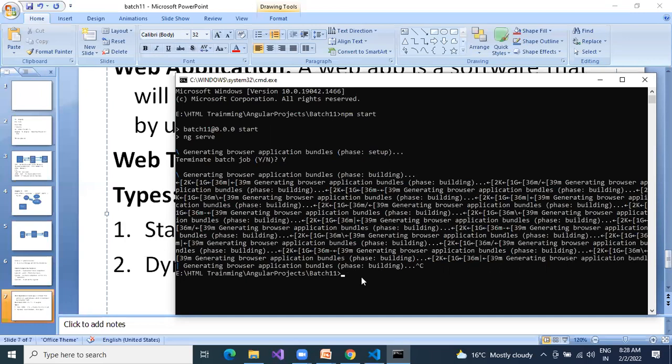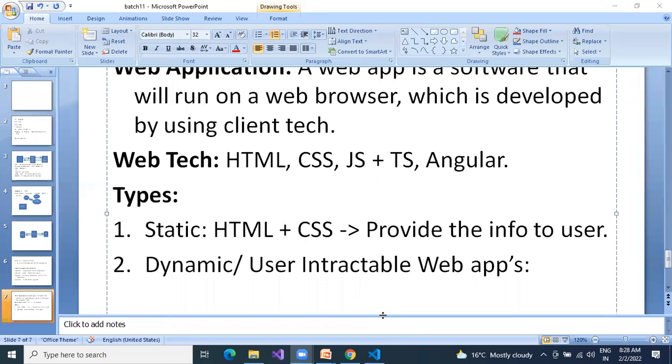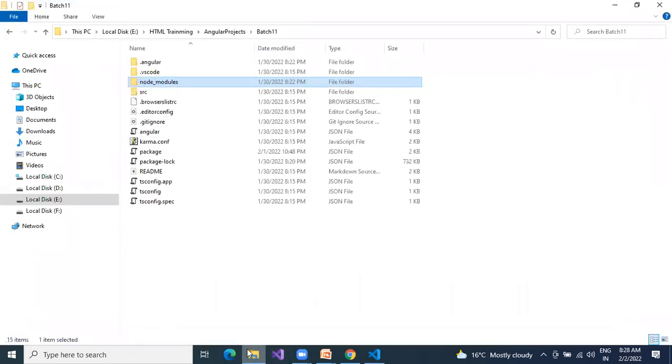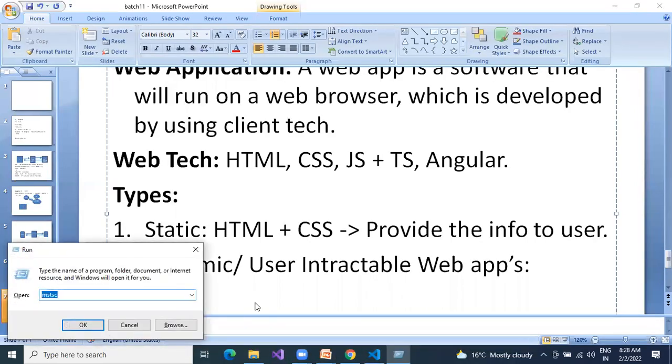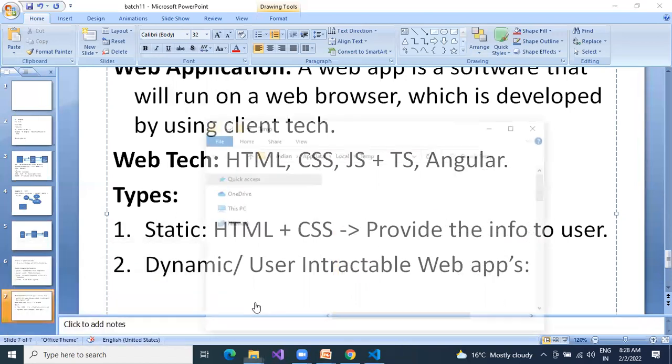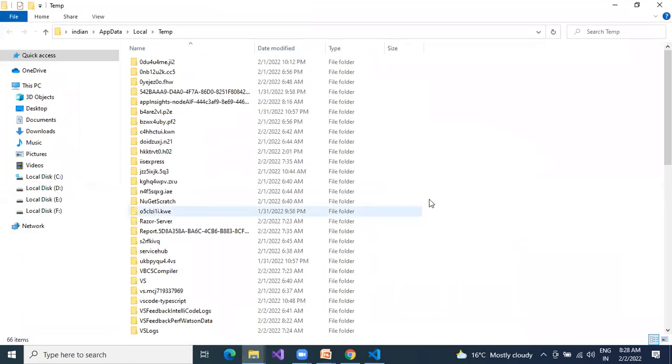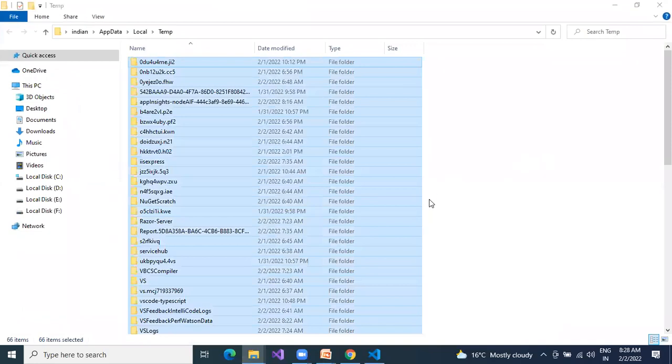So let me terminate this one now and start the command prompt again. If you feel your system is slow, remove these temp files, Shift plus Delete.